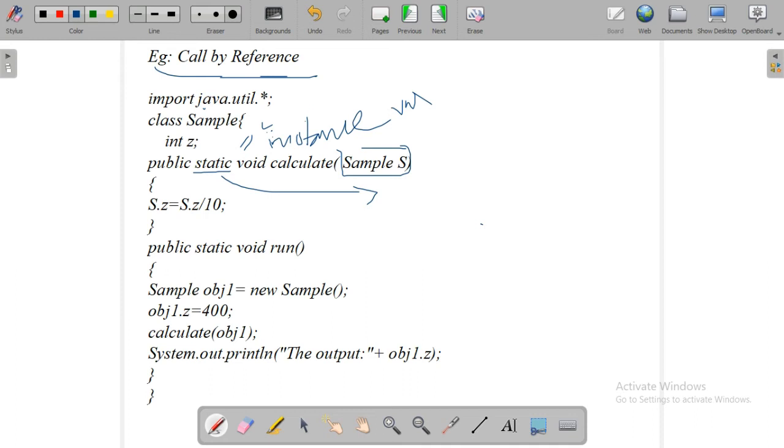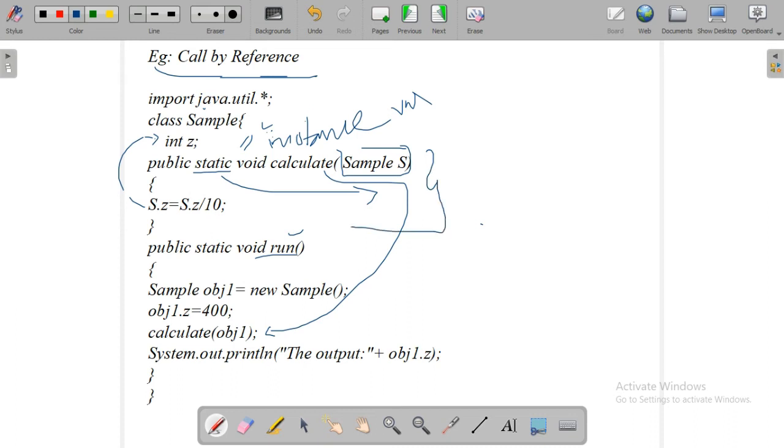Inside the class method, we are passing the object of the class. Sample is the class. We are creating a temporary object S, and through the object we are accessing this instance variable Z. S dot Z is equal to S dot Z by 10.